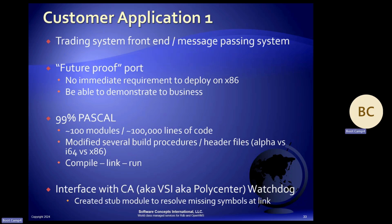They did have an interface with Polycenter, also known as what was it? Computer Associates, also known as VSI, and there's maybe another couple of owners in there too, Watchdog. So they call out to their Watchdog central server thing and say, I'm still alive. That would be Broadcom. No, yeah, Broadcom is probably, I don't know. Anyways,